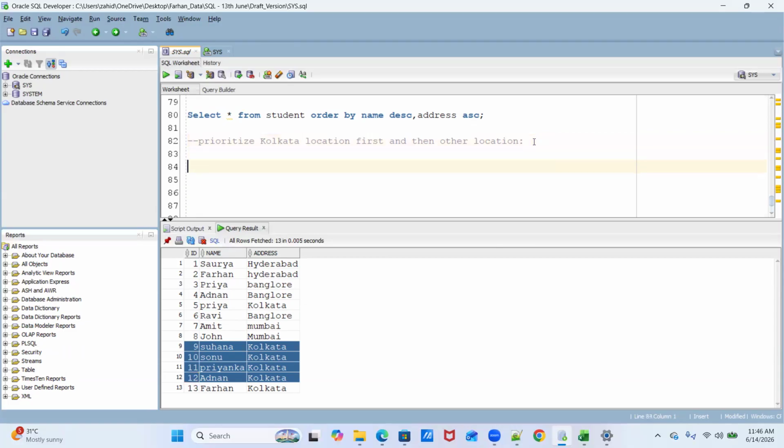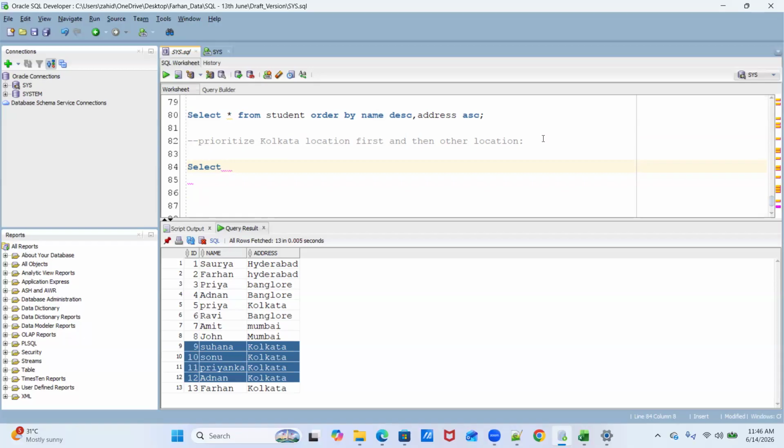Now, how to do that? This is very useful in analytics, when generating reports, or when doing data analysis. This is a kind of advanced concept to sort the data, and here you will see the difference.